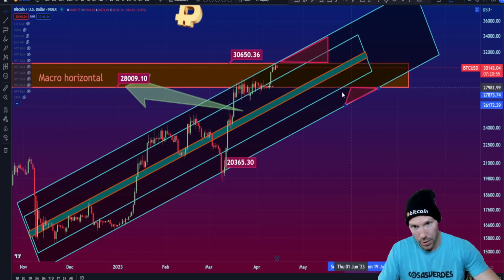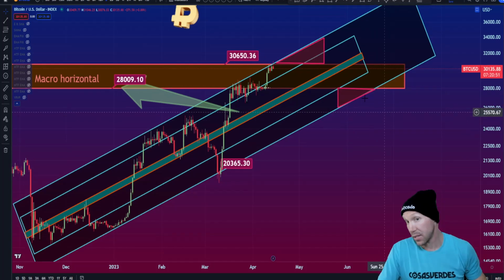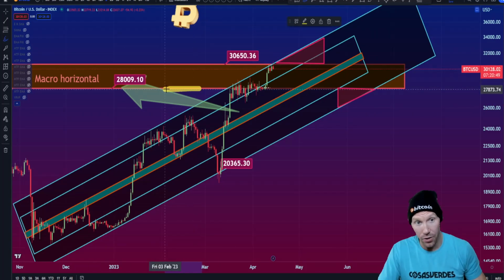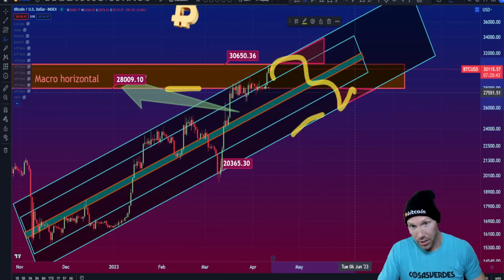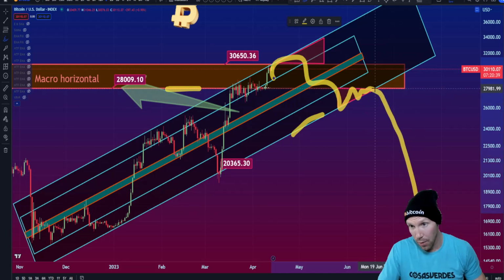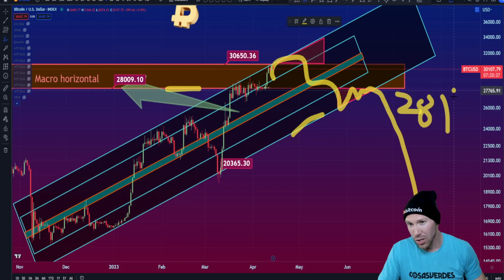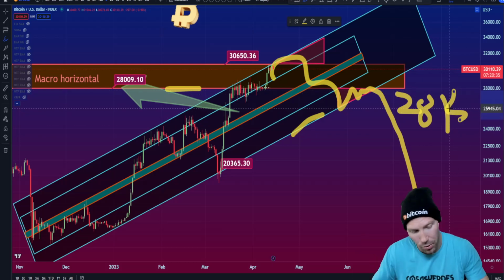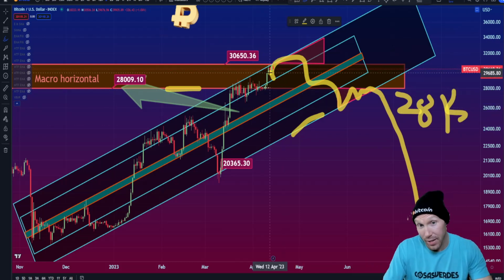Would have been easier just to make a new triangle, but get stuck in that, specifically under this, right? But still using this as support. Support, resistance, support, resistance, support, resistance, extruded out. And that would happen right at 28K. So 28K as resistance would be the most bearish one. But honestly, that would still probably take a while.